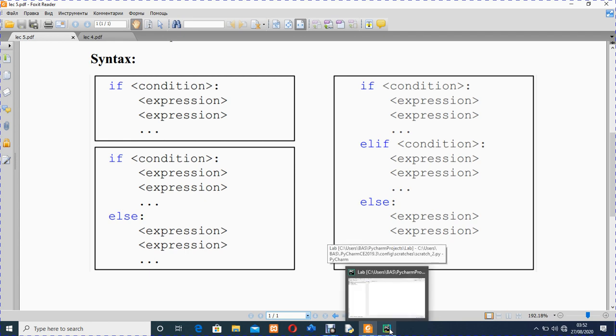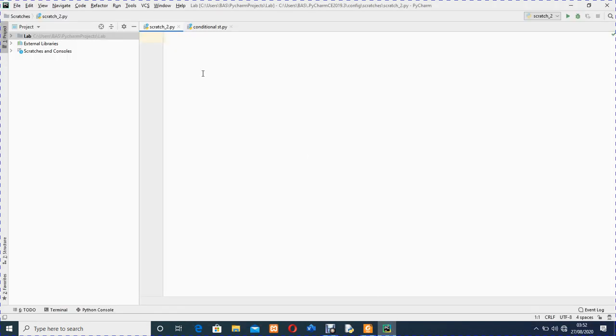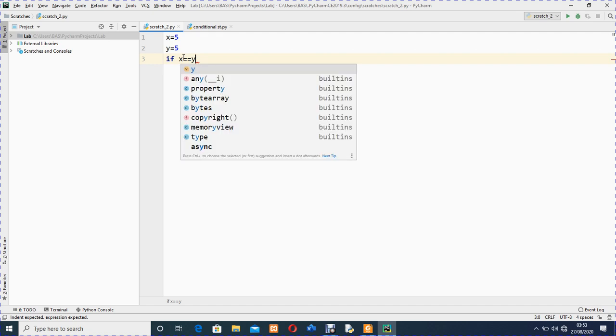Let's try the if statement practically. Let's say x equals 5, then y equals, let's say, 5. Let's use the condition: if x equals y, then colon,